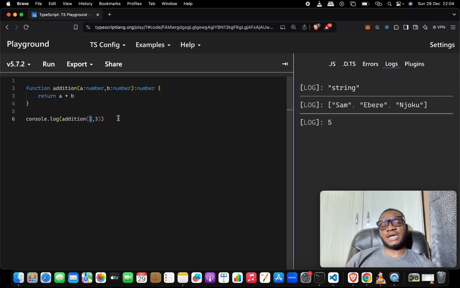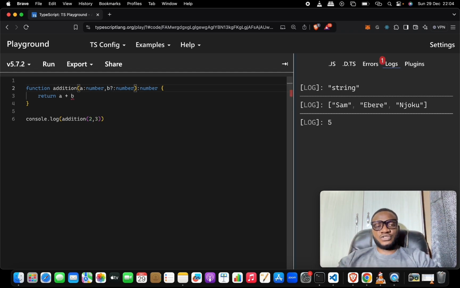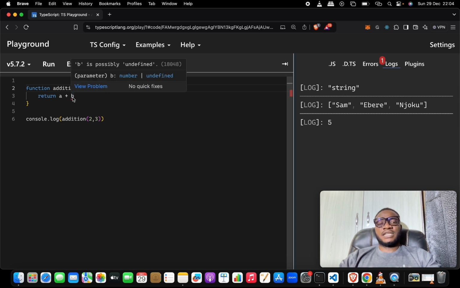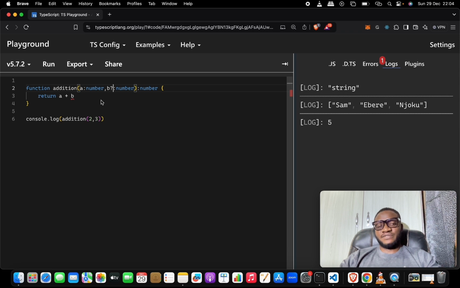All right, now something else you can do or you need to know is that you could specify that a particular parameter is optional. So for you to do that, you just need to add a question mark in front of the parameter, like we are seeing. It's calling us for an error here, but it's telling us that this is possibly undefined. Yeah, because you are making an addition here, you cannot add a to an undefined,